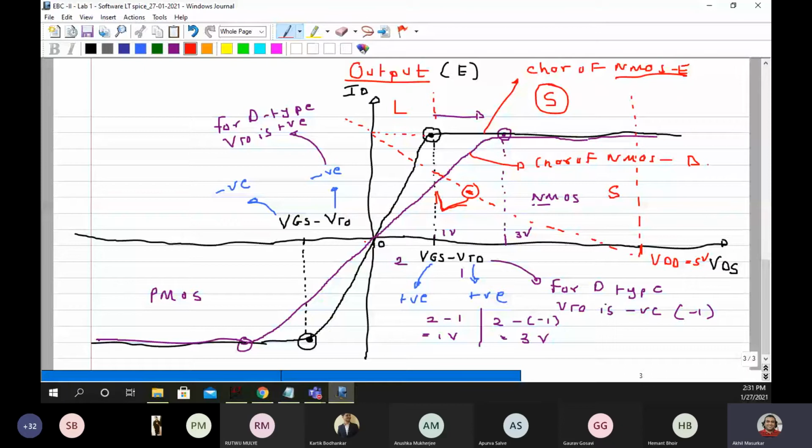And that is the reason why, if you want to use the transistor as an amplifier, you should choose a transistor which has got bigger saturation and smaller linear. So that is why the conclusion of this experiment should be that in case of amplifier, enhancement type NMOS is better.